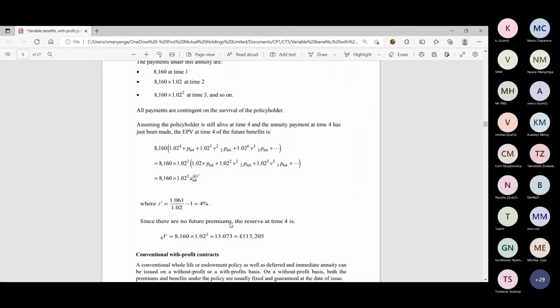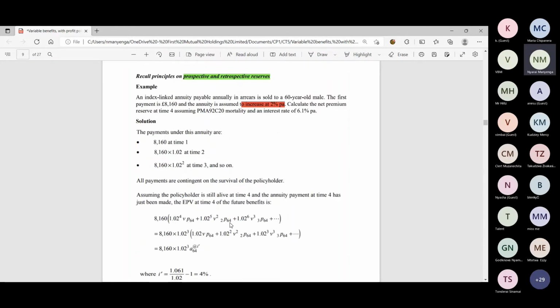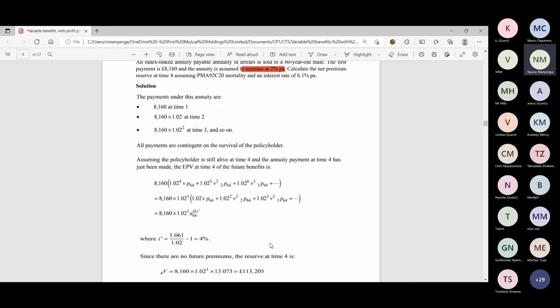So now we should then assume that this person is alive at time 4. And the annuity payment at time 4 has also just been made. So it would be the end of the year at time 4 where the annuity payment has already been made. So the expected present value of the future benefits now would be from the end of time 4 and going into the future. So you find that this then evaluates to,